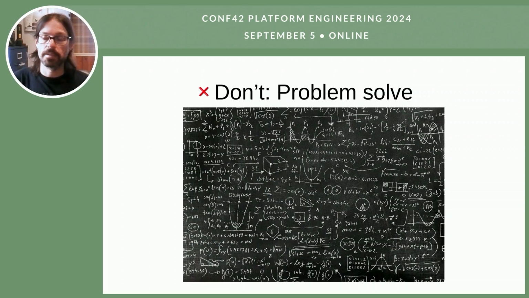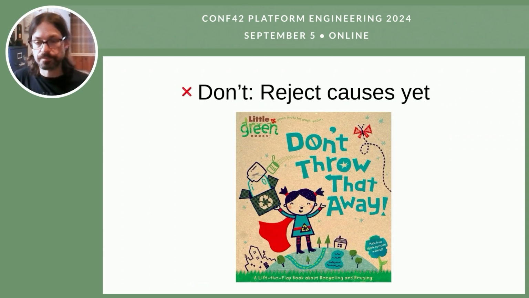You don't want to get into a situation where you spend all your time solving one problem. What you want to do at this stage is really just get as many problems as possible, as many potential risks as possible, because they may not happen. So you just want to get them out. You keep note of the problem, but you prevent people from solving it. It's not the right time. We'll do that at a later stage in the project lifecycle, but right now, don't problem solve.